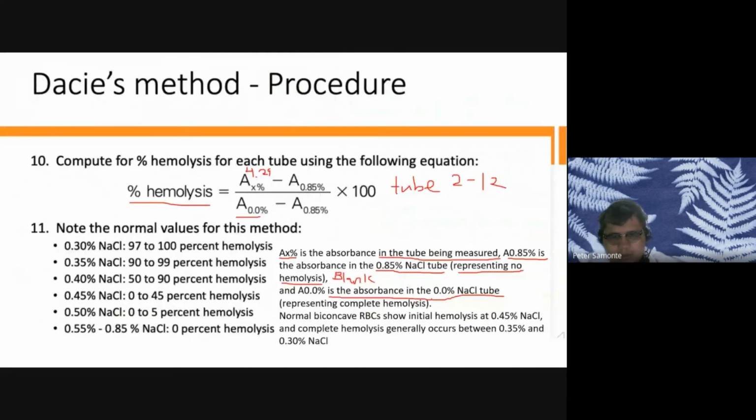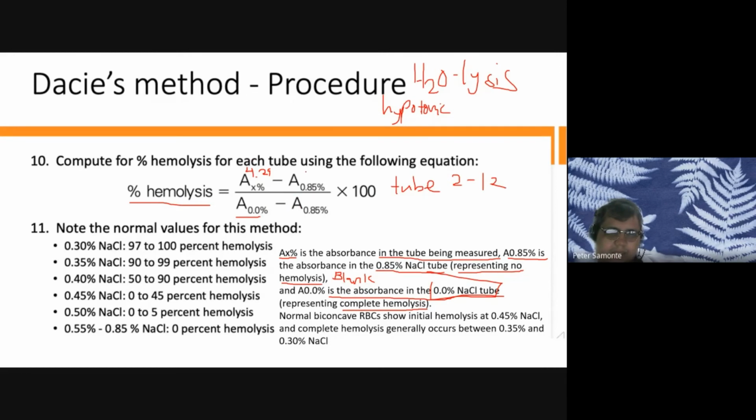Now, your 0.0 NaCl tube, class, would represent complete hemolysis. Why complete hemolysis? Remember, water, class, causes lysis. It is hypotonic. That is why it is used alongside NaCl, class. It is to determine the capability to resist lysis and swelling. Okay? Then you're going to divide it by